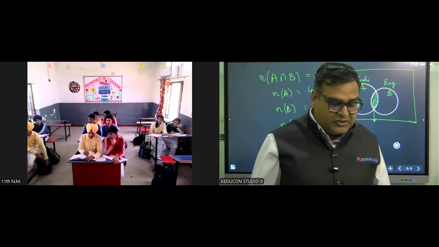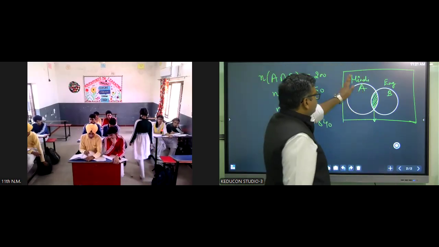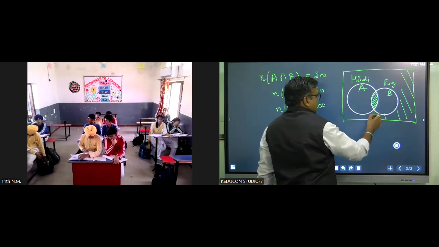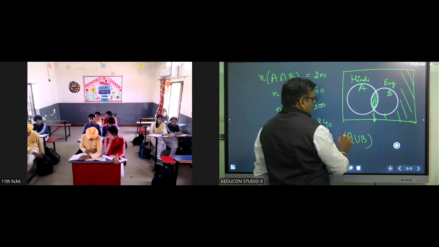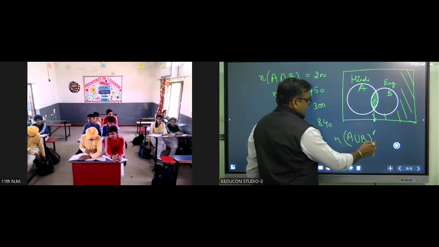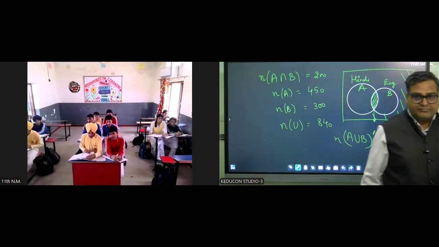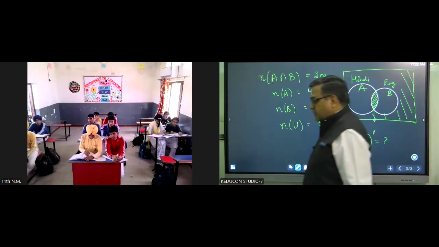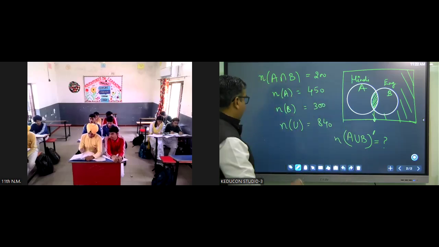Now you have to find the number of persons who read neither. बच्चे, neither का मतलब क्या हुआ? We have to find this part. ये जो मैं शेड कर रहा हूँ ना, what is this part? A union B whole complement. Can you find this? Can you find this or not, students? Have you understood? Apply the formula. कौन सा formula होता है बच्चों? Which formula is there?